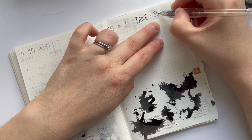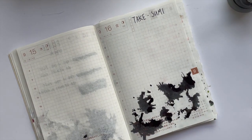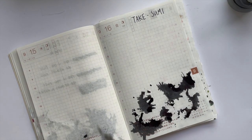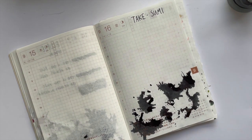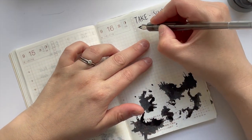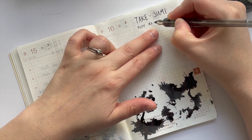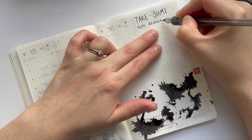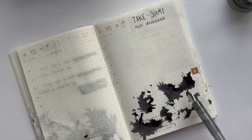So, definitely feels like a saturated ink. I thought it would feel wetter coming off that nib given that. It doesn't though. No, it doesn't feel dry. It just feels quite mid-range, but it was so saturated. I thought there'd be a bit more. But it's definitely a beautiful, nice, rich black. And as it's drying, if you look down here,